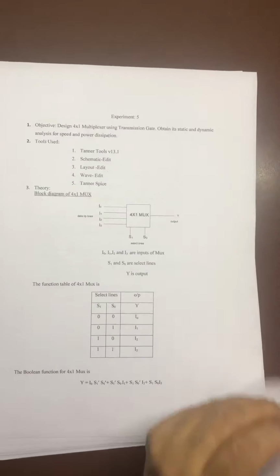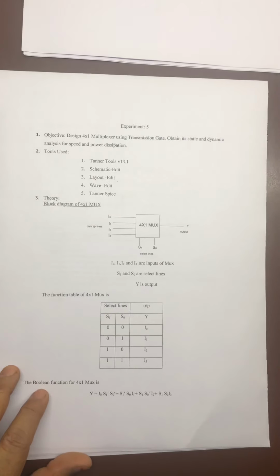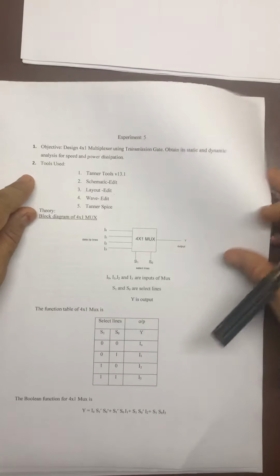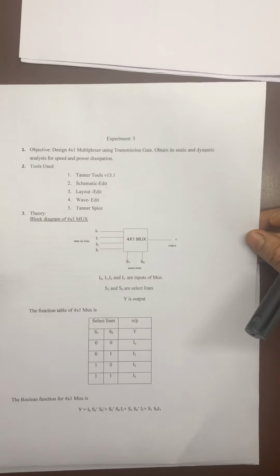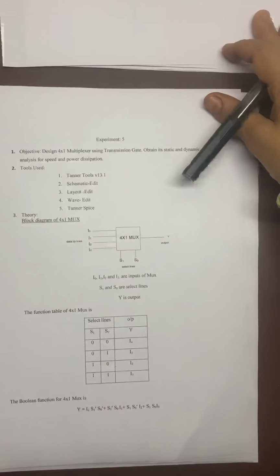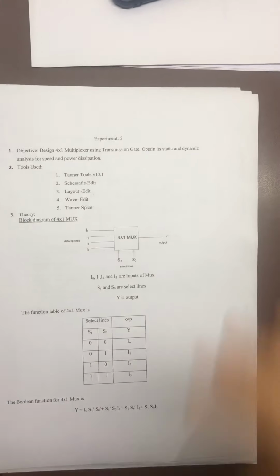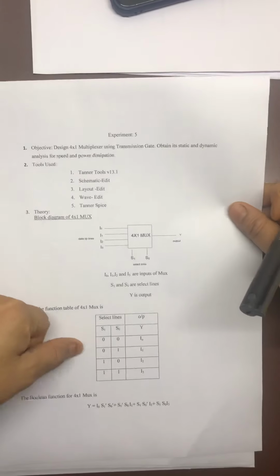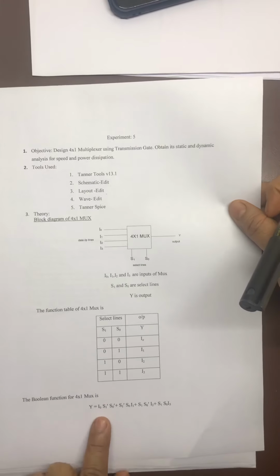In continuation with this 2:1 multiplexer, we are supposed to design a 4:1 multiplexer. In this, 4 inputs are there, 2 select signals are there, 1 output is there. This I will just finish within a time, because we thoroughly discussed the 2:1 multiplexer. These are the select lines, this is my output.